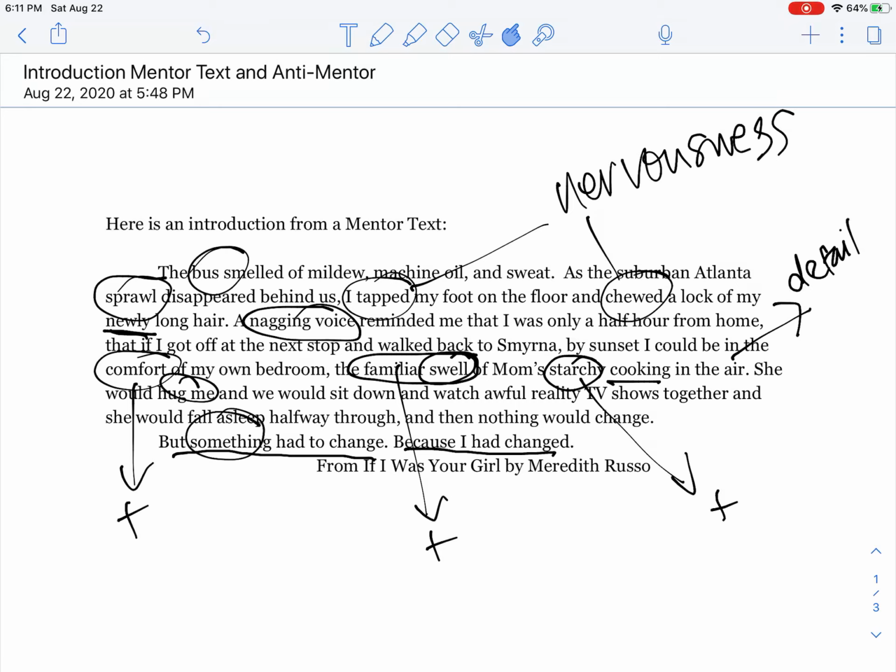I can't tell you how many times I've read personal essays or stories, and it begins with literally the first thing in the day, which is the alarm clock going off. And so there might have been a better, more interesting place to start that story that perhaps may not have been the beginning of the day, even though that day started with the alarm clock going off. So you have to think about what is an interesting point in the story to just plop your readers right in the middle of things, in medias res. You can always go back and fill in the details, but find an interesting point to start, and that might just be the ticket to writing a good introduction.